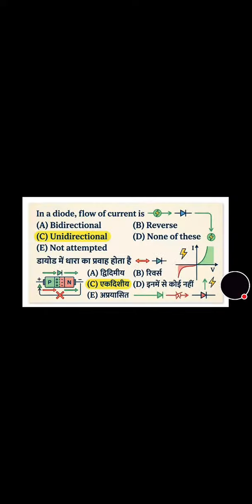पहला क्वेश्चन है हमारा, स्क्रीन पे आप देख सकते हो, इन ए डायोड फ्लो ऑफ करंट बाई डायरेक्शनल, रिवर्स और यूनिडायरेक्शनल। तो इसका सही आंसर है, करेक्ट आंसर है इसके अंदर ऑप्शन सी, यूनिडायरेक्शनल। अब मूव करते हैं नेक्स्ट क्वेश्चन पे। एनर्जी मीटर किस तरह का इंस्ट्रूमेंट है